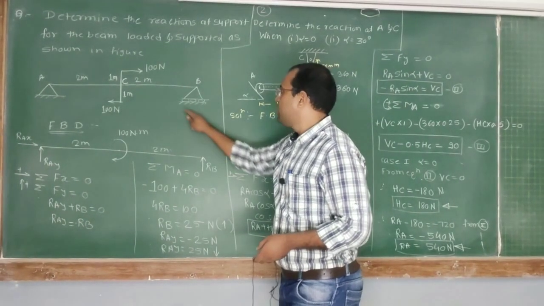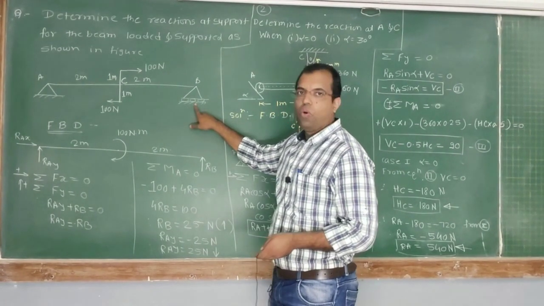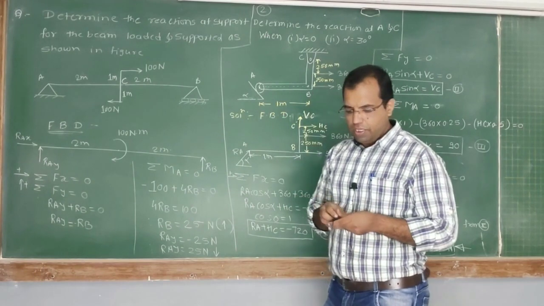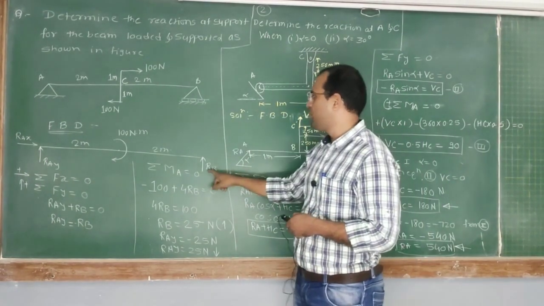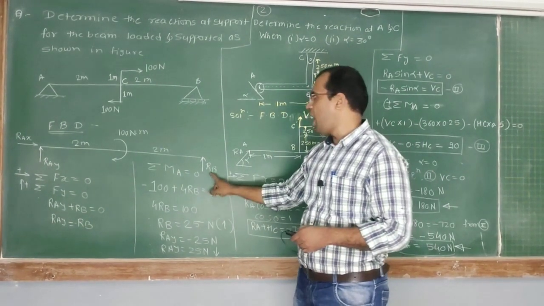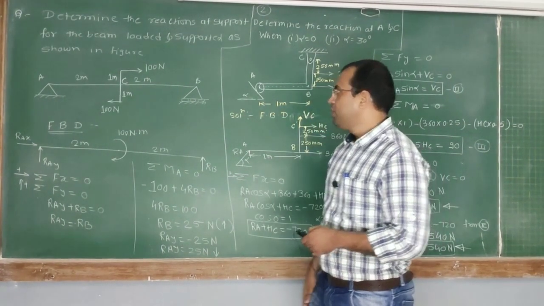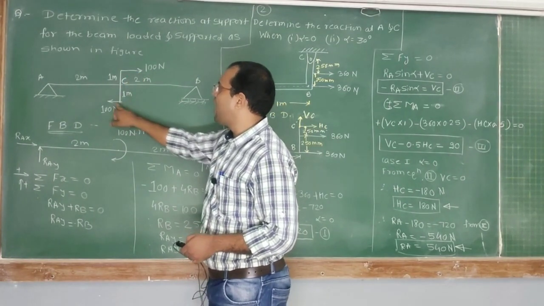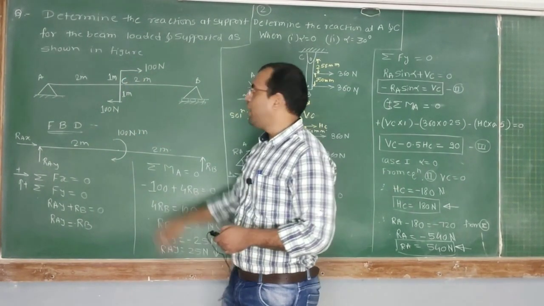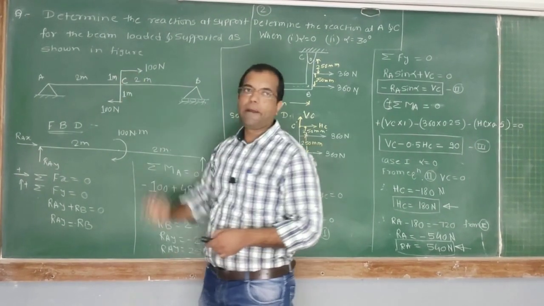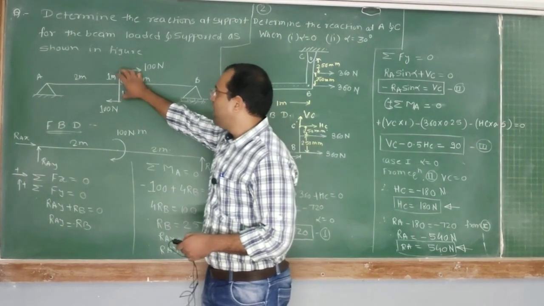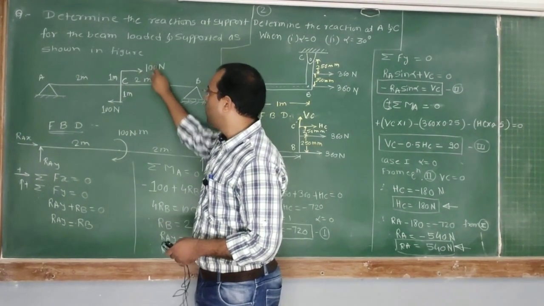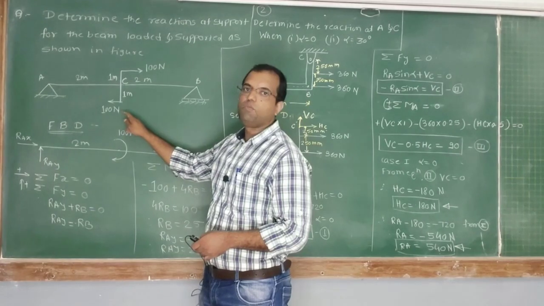Similarly here at point B there is a roller support. So roller support offered only one reaction, therefore we have to replace this roller support by the one reaction, that is RB. Okay, now if you observe this type of loading, the two equal and opposite forces are there and which is separated by the lever arm. So when there are two equal and opposite forces, it will create the couple.